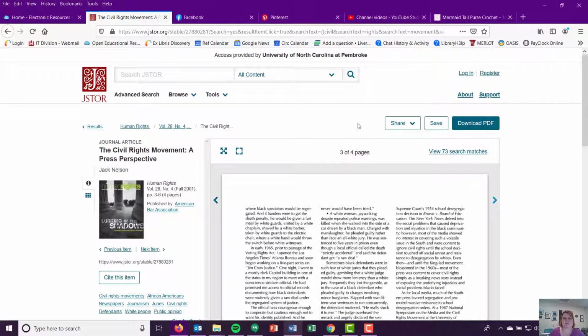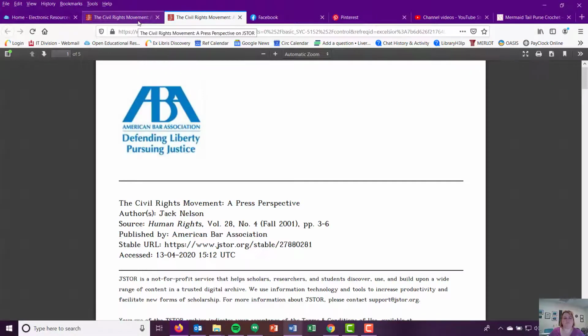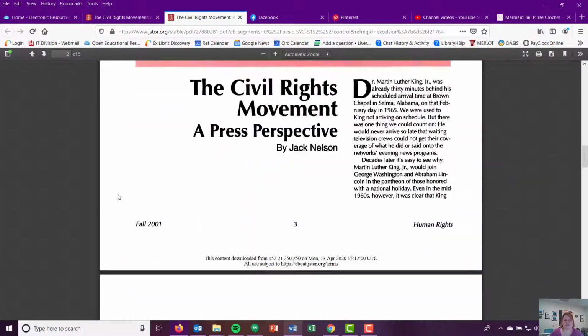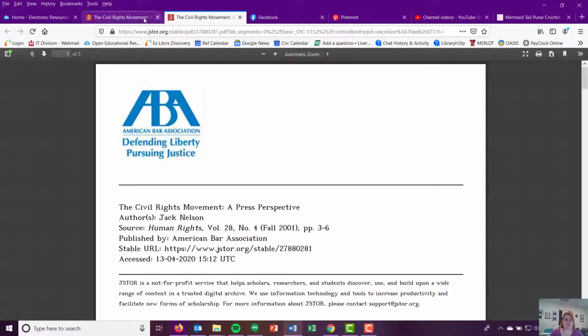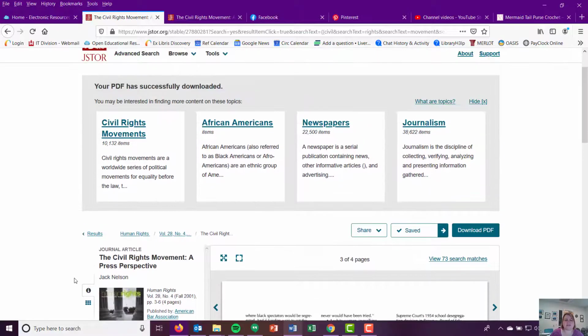You have your options to send things to your email address. You have the option to save this to Jstor, so if you want to create an account within Jstor, you can do that. Most people just download the PDF, and you have to accept that you're going to use this responsibly and give proper citations, and you're not going to put it up online without permission. Then you have the full text of the PDF that you can save to your desktop, save to a flash drive, save to a Google Drive, and you have the full text without having to come back to this page all the time. So pretty easy for accessing.